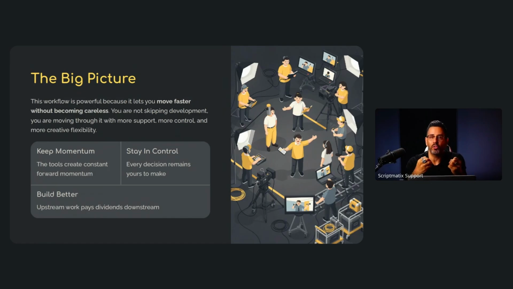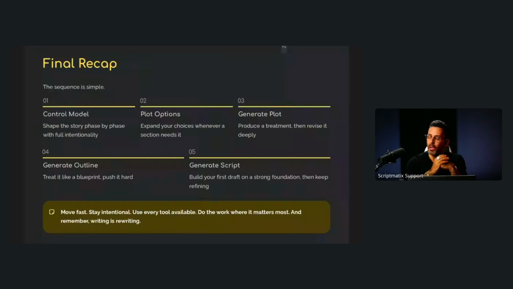It's support without dependency, right? You're still the force behind it, the creative force. And the most important thing is this: upstream work pays dividends downstream. The better your thinking is earlier, the better your outcome is going to be later. Hence, as I said in previous sessions, development is everything when working with AI. Spend most of your time developing the idea. So, the final recap